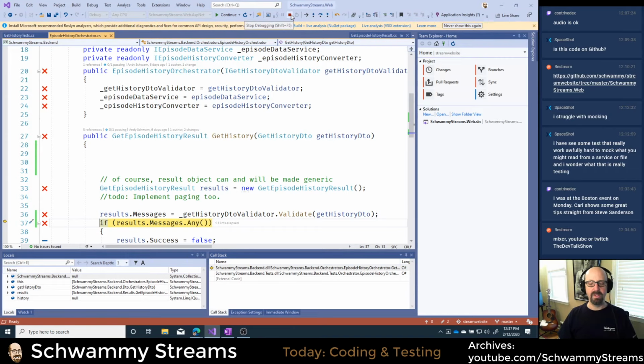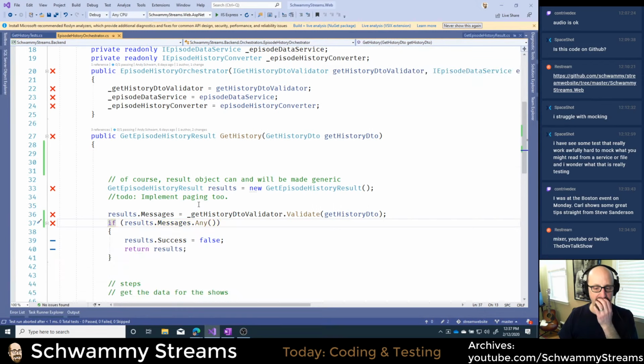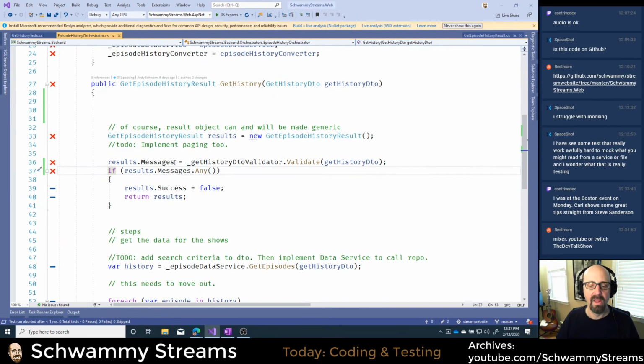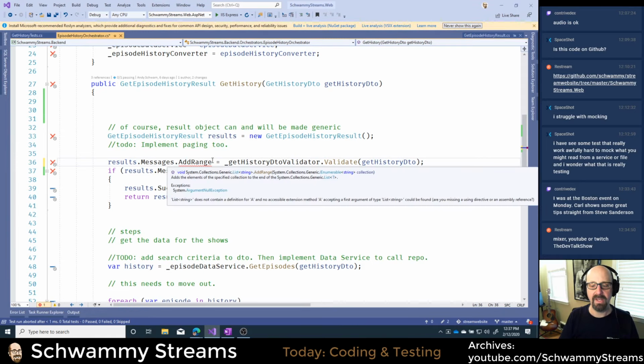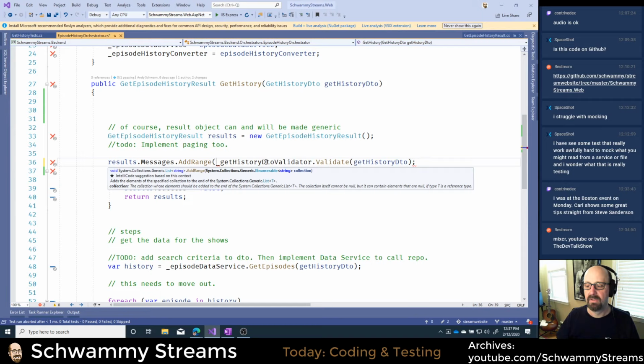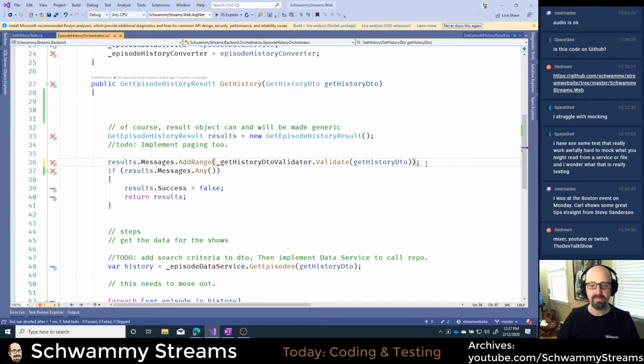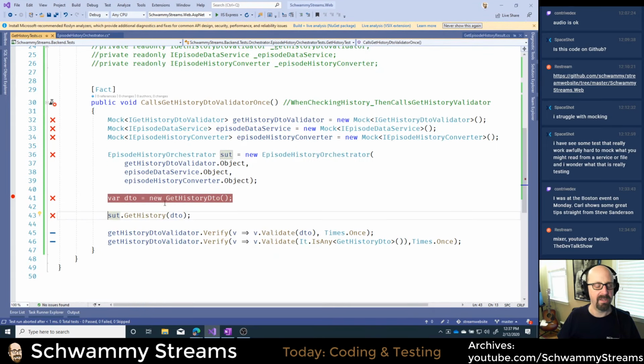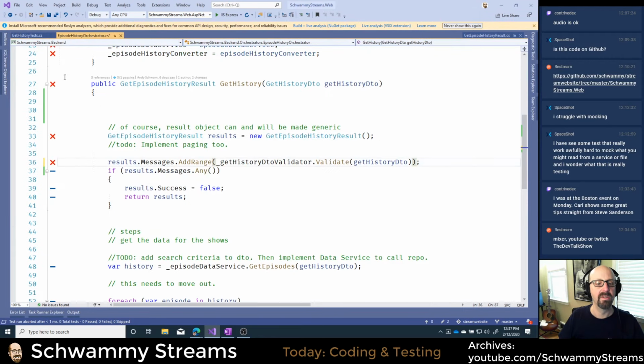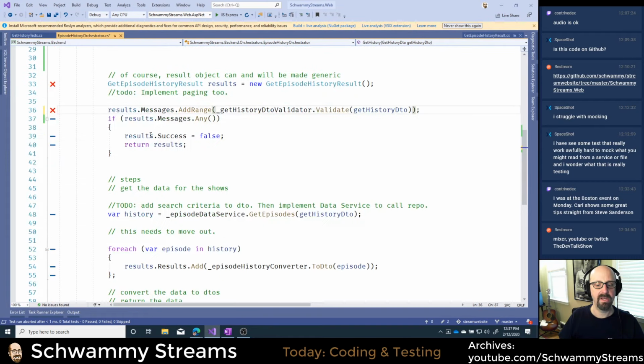Okay, so there's a couple different ways I could change that. This is probably not the way I normally do things. I wrote this code kind of quickly. I could probably add range, I wonder what add range does if you give it a null. Anybody know what happens if I give it a null? I could try this, because I want to basically take these messages and add them onto here. Let's find out if that works, because I'm getting a little bit sidetracked from my goal here of showing how to test these things, but I will come back in a sec.